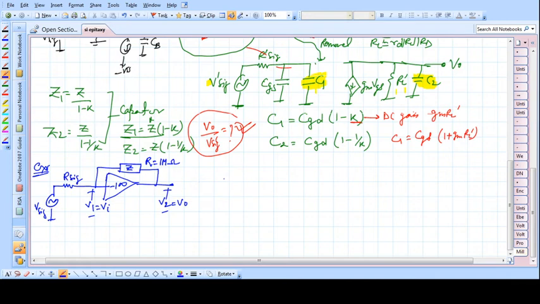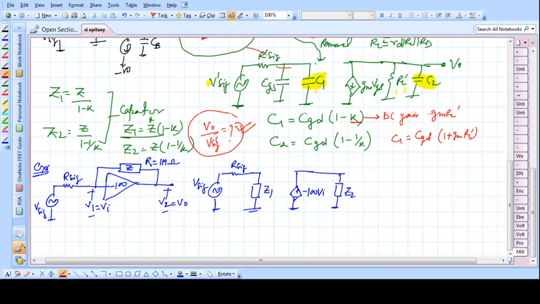So how do we draw this one? V signal, R signal. Then after this, Z is there, so there should be some Z1. And this one is an amplifier, so this should be minus 100 times Vi, and one more resistance or impedance, we can say Z2, will be in parallel, and this one is the V0.